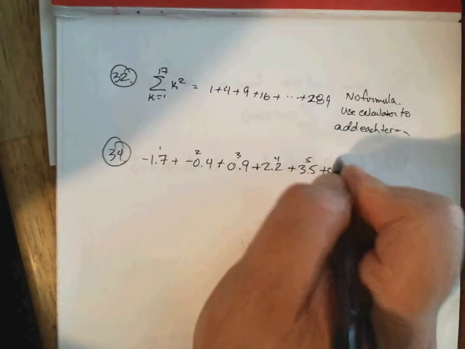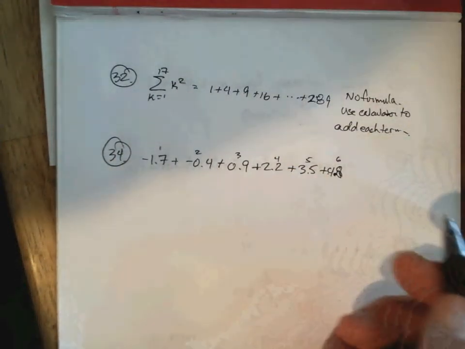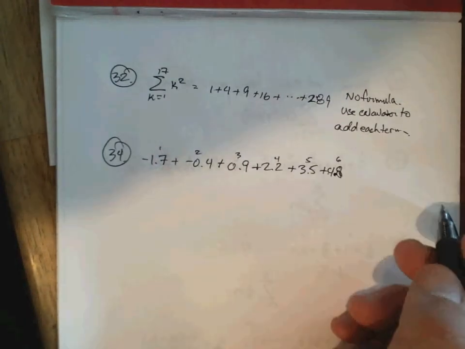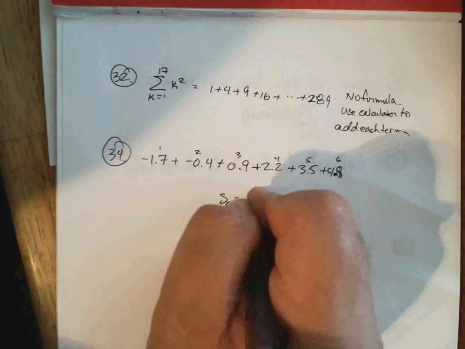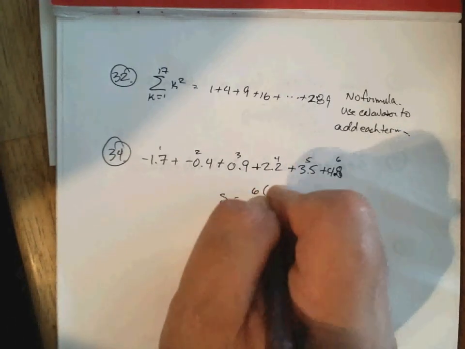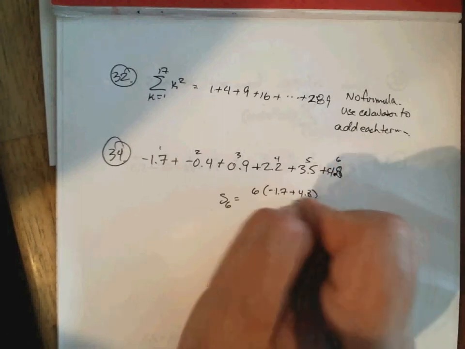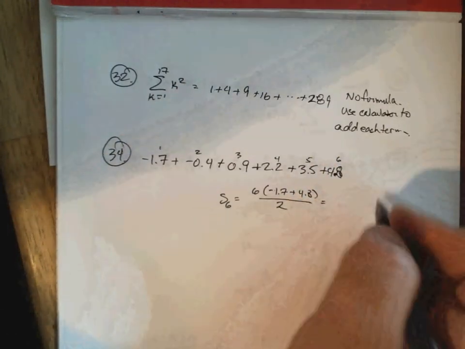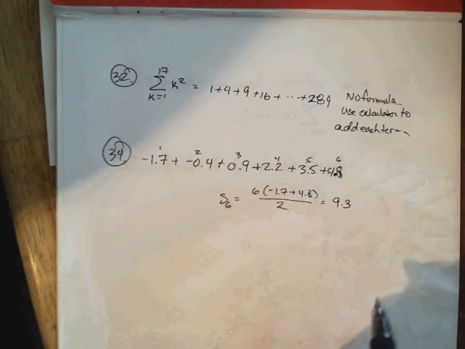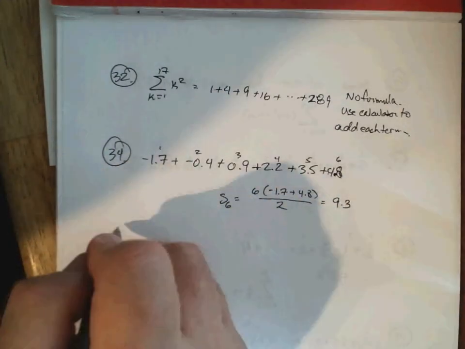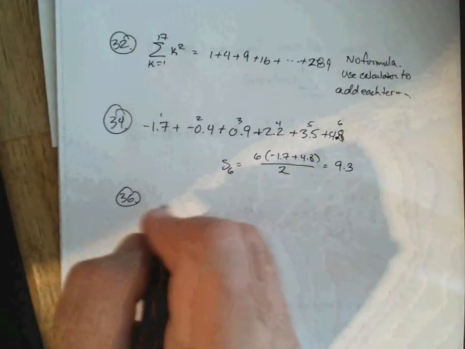The first n terms, 1, 2, 3, 4, 5, these are 6 terms being added up. Okay, so to use the formula, you would have to be showing the following process, that the sum of the first 6 terms is 6 times the first term plus the last term divided by 2. And that's what you'd have to do. You'd have to show that as your work. Okay? In 36,